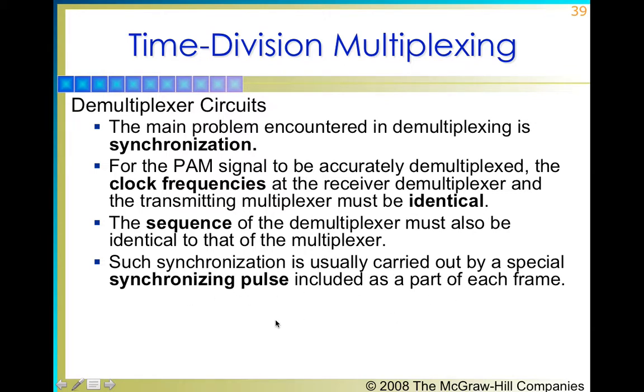And in each frame, if we have, let's suppose, 4 inputs, 4 transmitter data being sent in each frame, then we have an additional synchronizing pulse which is used with each frame, and this synchronization pulse will help in recognizing a proper synchronization between the transmitter and receiver for that purpose.